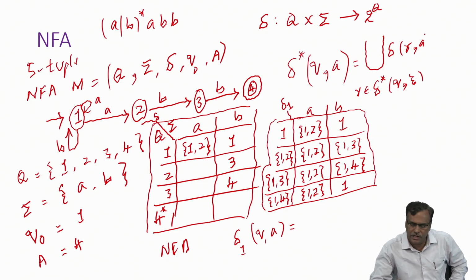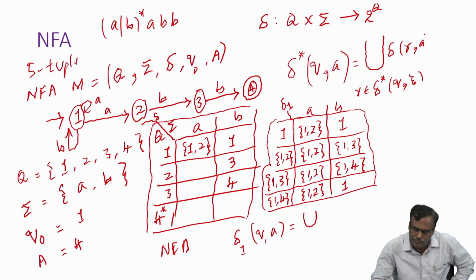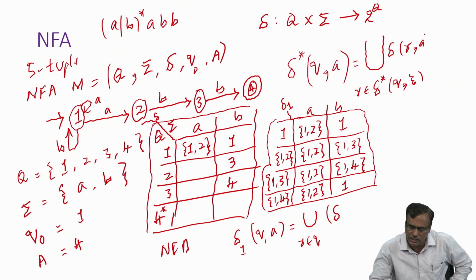We are taking the union of, for example, 1, 2 on A, in the sense 1 on A, 2 on A, union of them, right? You are taking. So delta 1 of Q, A is the union over R belongs to Q. You are taking the union on the transition table of this NFA, and the transition function of this NFA is denoted with what? That is delta. Therefore, you have to use delta of, on this table, I have taken this delta of